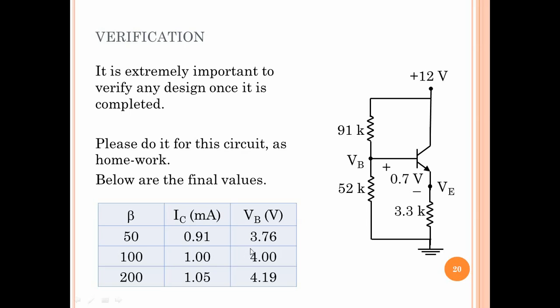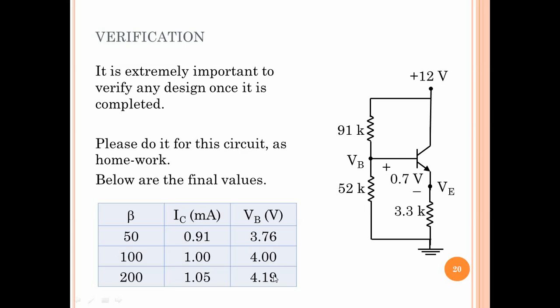VB is 4, of course, although the specification was 4, it is going to not remain exactly 4 as beta varies, but that is okay. It is not varying much, which is what is desired. Of course, you could argue with me and say that VB was required to be less than 4 volts. VB is going above 4 volts here, and therefore this is not an excellent design. And I would agree, this is not exactly as the specifications required.